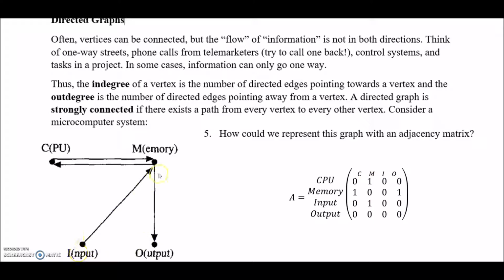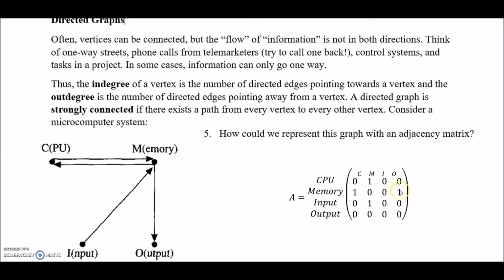Input communicates with memory, so input has a 1 in its particular row, but because the CPU or the memory doesn't send stuff back to the input, we see that for row memory and column input,